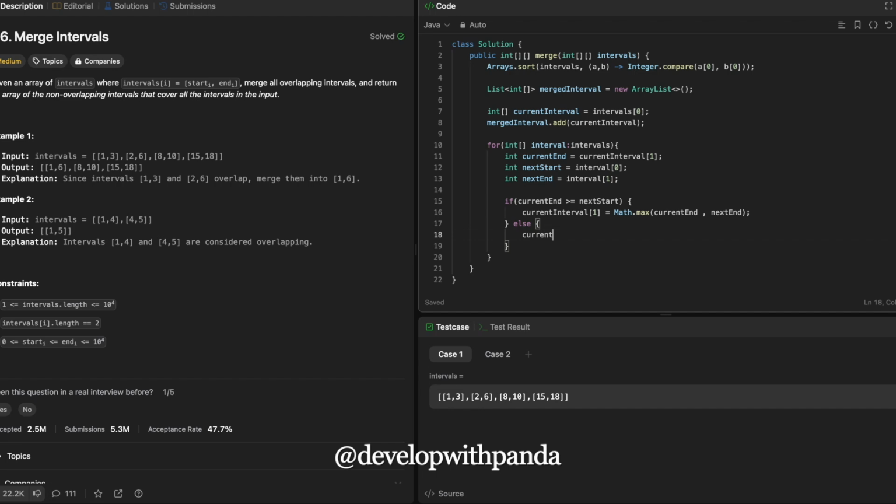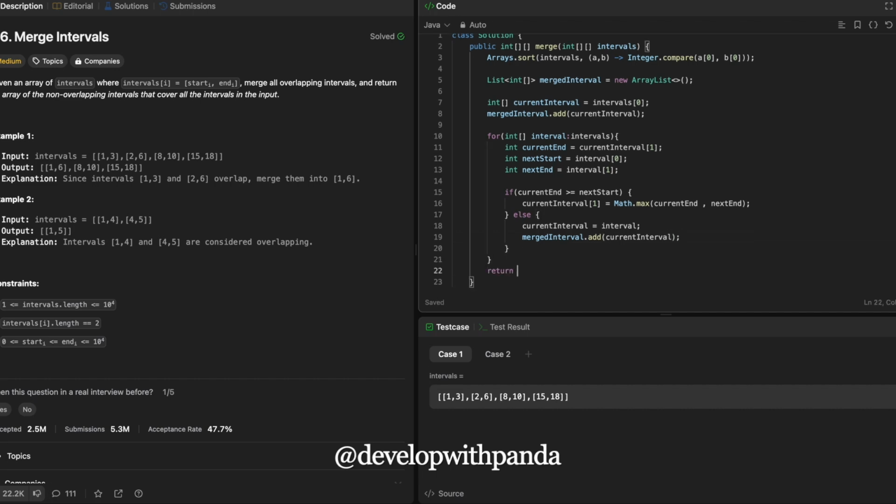So again, we will update our currentInterval value and add that value to our mergedIntervals array. And at last, we will return the mergedIntervals array by converting it to an array.